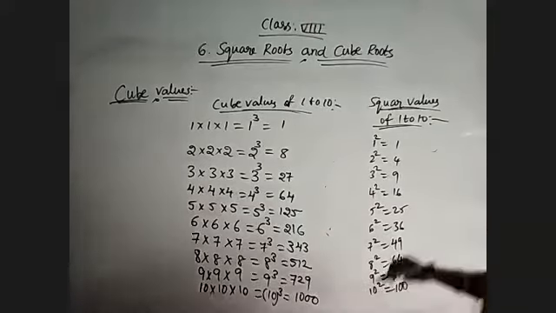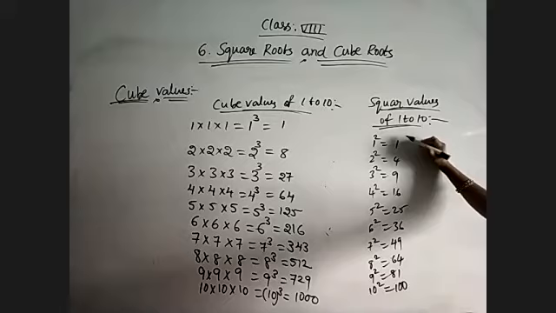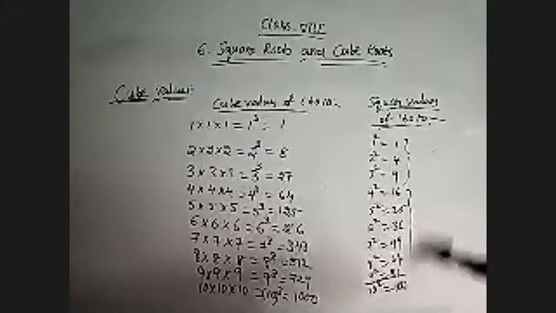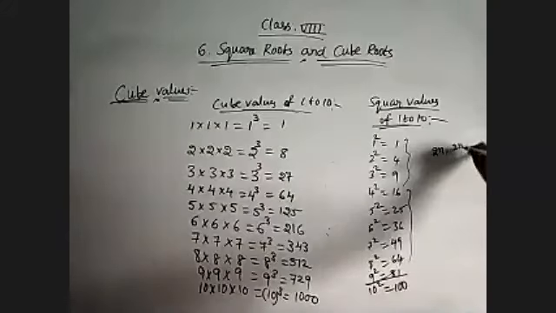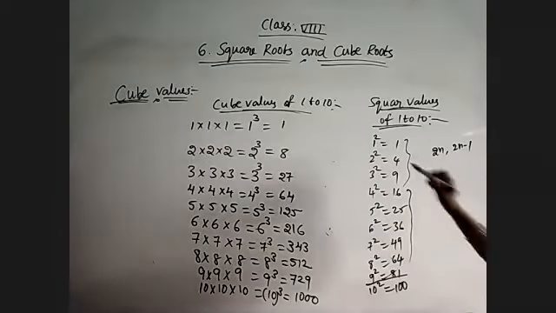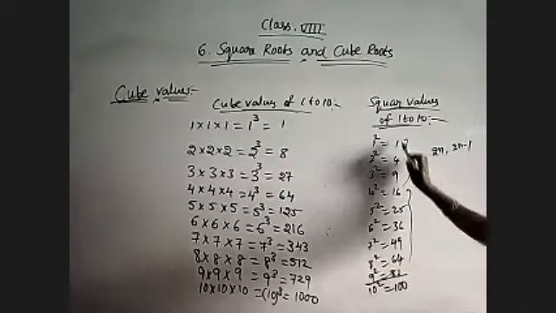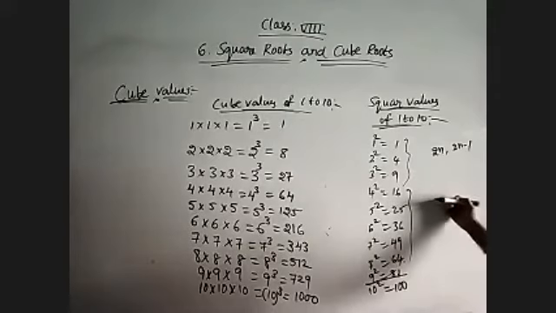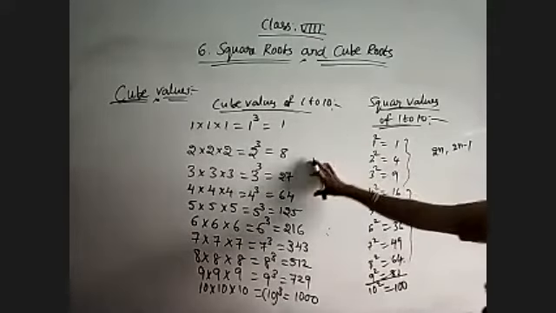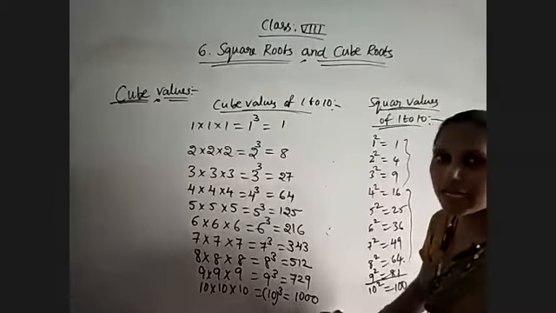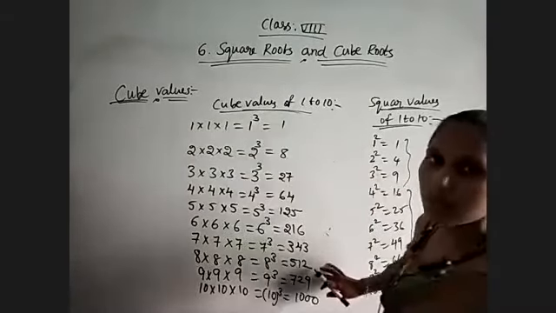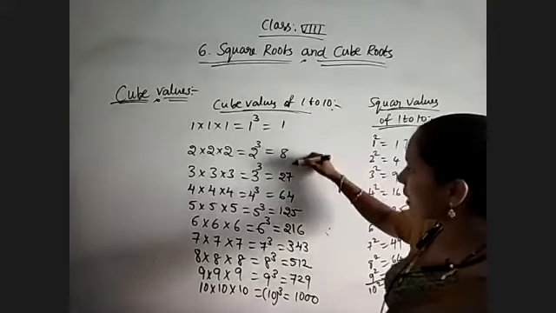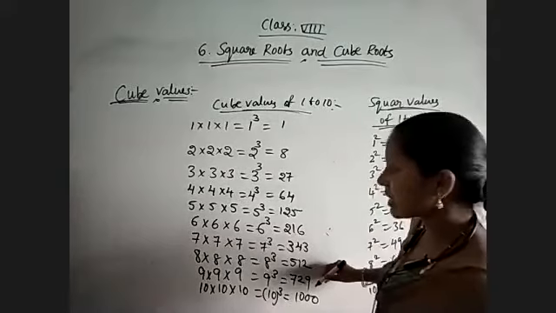See, observe squares of single digit numbers, means 1 to 9. Either they consist of 1 digit or 2 digits. For this we have 2n digits or 2n minus 1 digits in the square value. Like that only observe. Squares of 1 and 9 have unit digit 1. Squares of 2 and 8 have unit digit 4. So these properties we have discussed previously. Like that, same properties we will see. Only 1 to 10 numbers I have taken. First consider 1 to 9, single digit numbers. Observe, 1 digit is there, 2 digits are there, and 3 digits also we have.